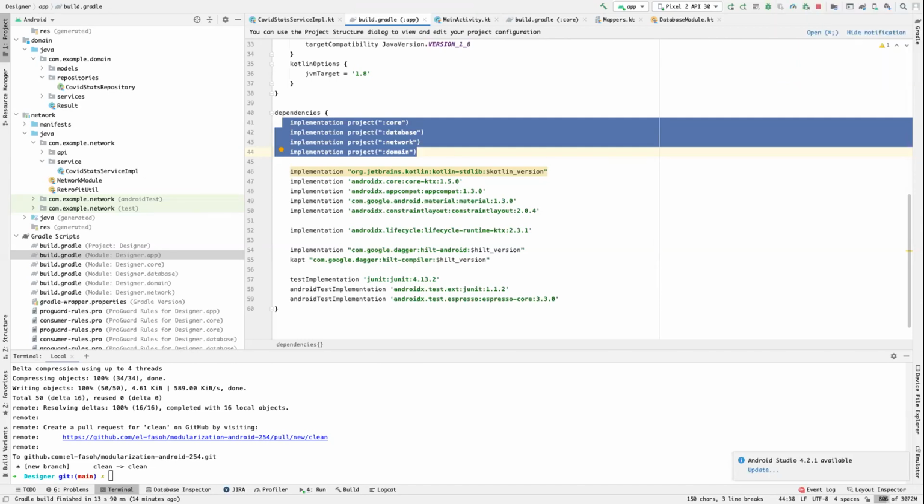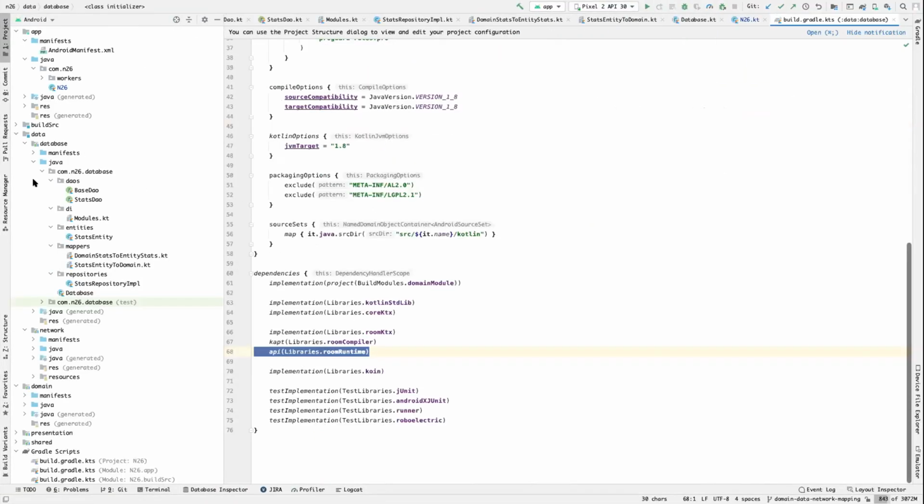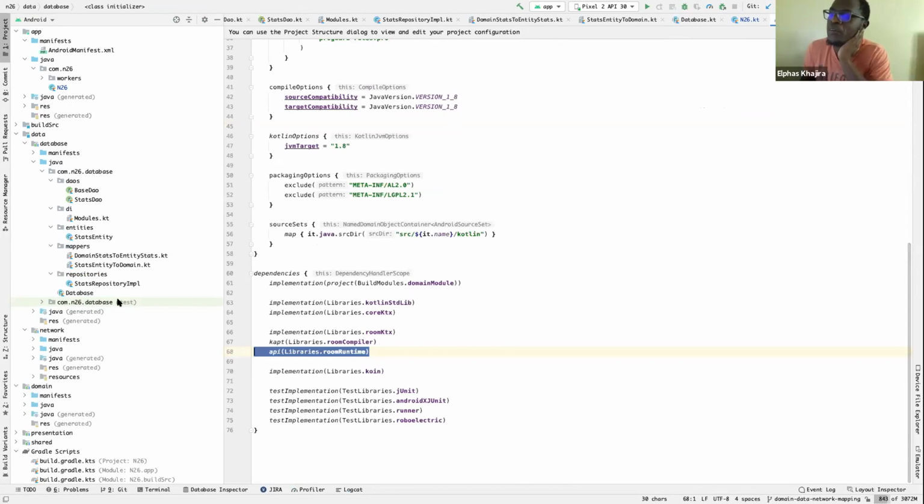I think if you look at this project, it has almost a similar approach. So it's possible to do that. I just chose to do it with Groovy because most people have not yet switched to Kotlin DSL. But either way, you can do it whichever way, depending on your expertise.